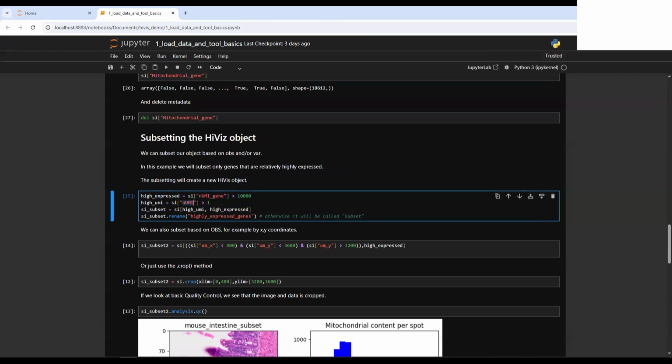So in this case, above 1, but of course, above 1 isn't very great. When you start a new SI or HiVis object, there is actually a default number here. So your empty spots will be removed anyways if you don't specify otherwise. So here I will just take pretty much all the bins, but I just want to show you how